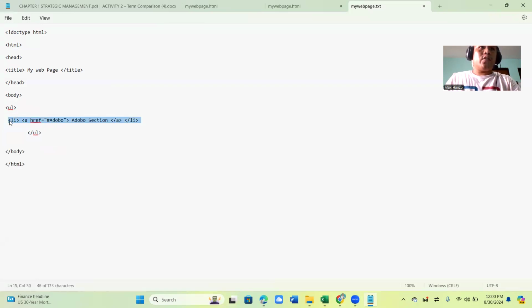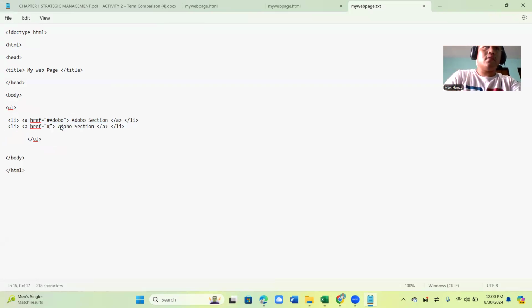Now, of course, we're adding another section or another link rather. So let's just say curry. There you go. Curry. So let's just say two links that we're trying to add, and then make sure that the closing tag for the unordered listing is there. Now, of course, it's important that we're putting some line breaks here. So let's just say 3 line breaks.